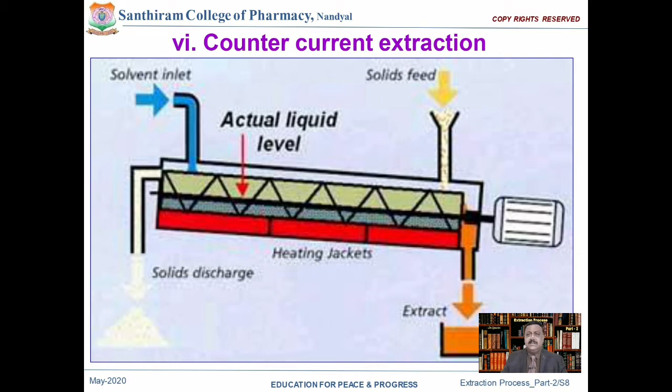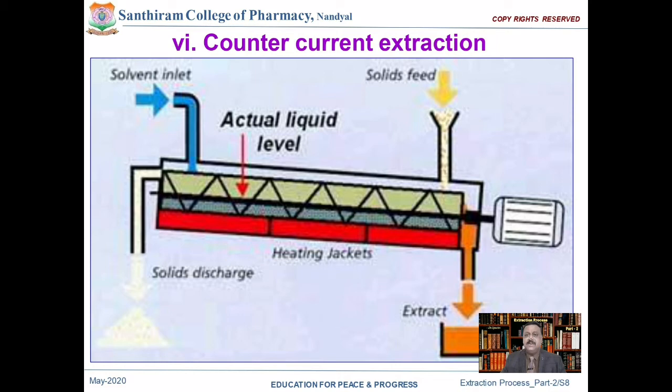Initially, as I told you earlier, the sample is fed through this hopper at the inclined position at the bottom end of the tank, and the solvent is allowed to pass through the pipeline system at the top end of the tank, and the motor is switched on. When you switch on the motor, it rotates the central shaft, and the central shaft is fixed with the helicoidal spring scales, and when these helicoidal spring scales are rotated clockwise, they carry the